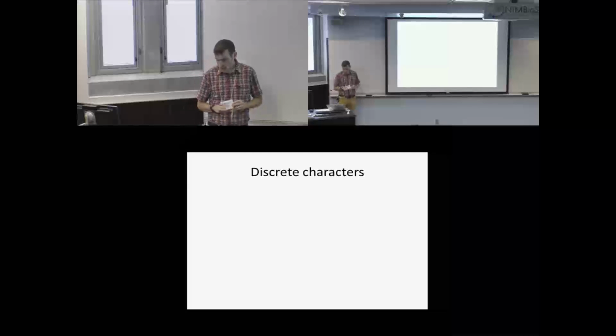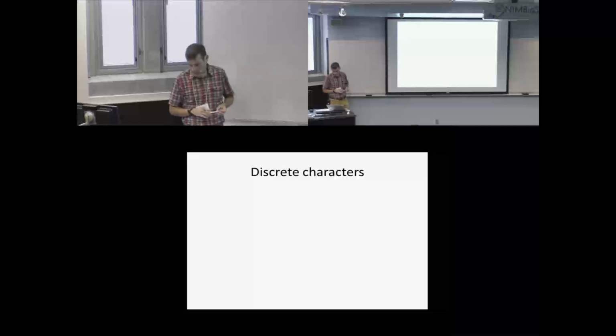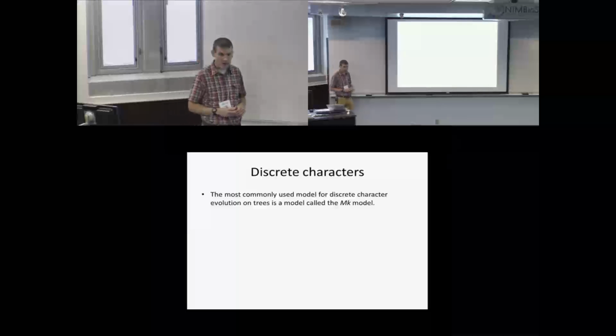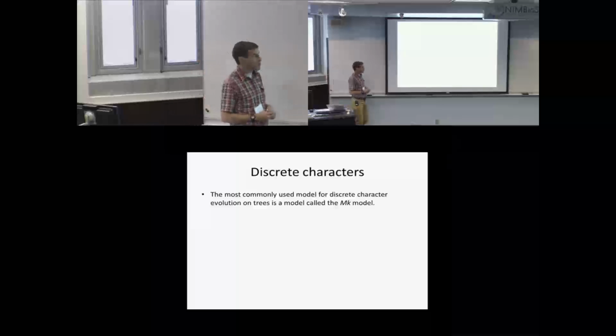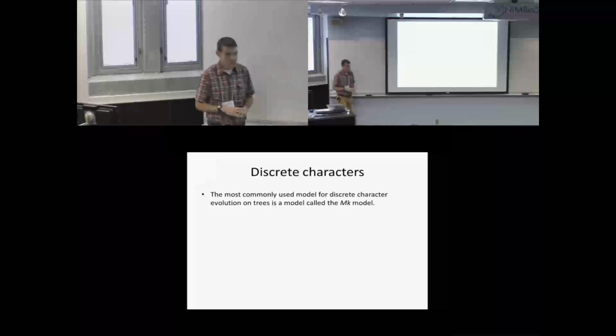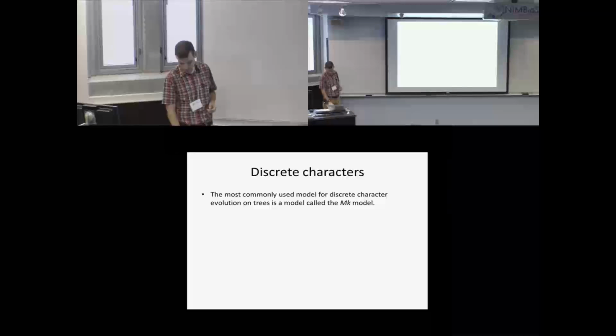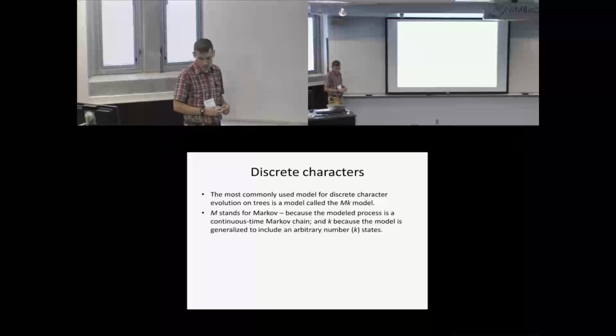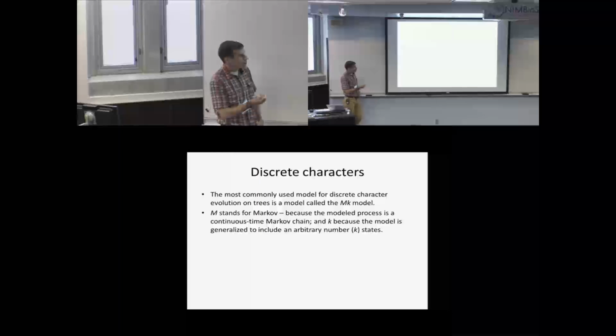All right, so now I'm going to talk a little bit about discrete characters. In this case, the most commonly used model for discrete character evolution, I don't think we've talked about it in the class, is a model that's called the MK model. Is that familiar to some people? And the MK model is